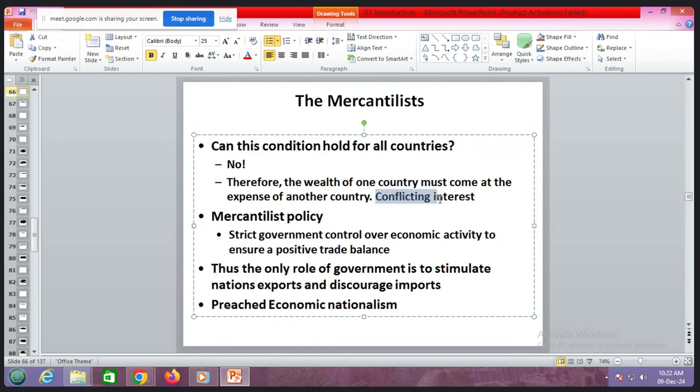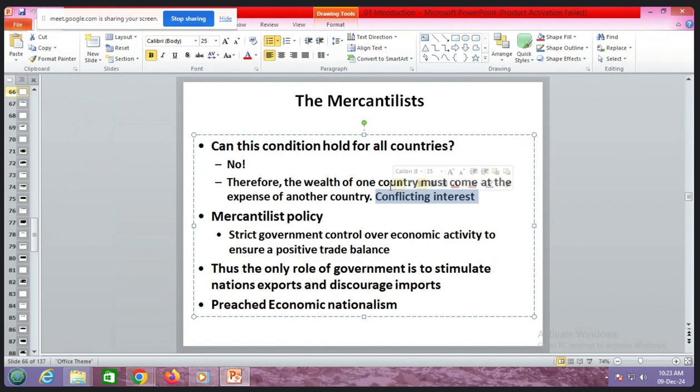Now the question is, there is a conflicting interest. Suppose all countries say that I only want to export, because by export I'm going to become rich. Is it possible that all countries can follow the same policy, that my export should be greater than imports? Only then I'll be rich. All countries of the world, can they follow this policy? It is not possible,